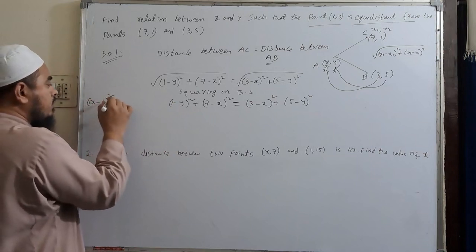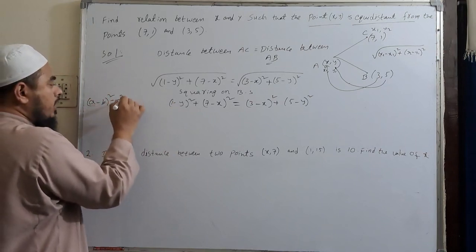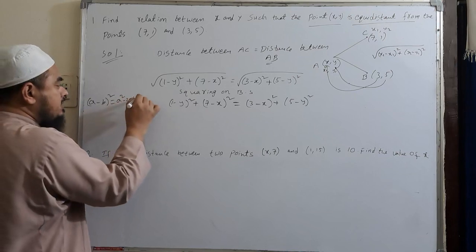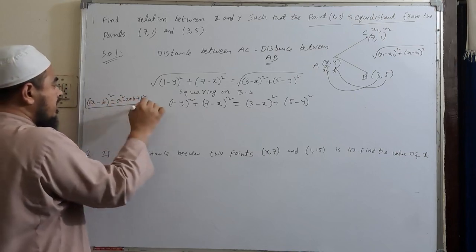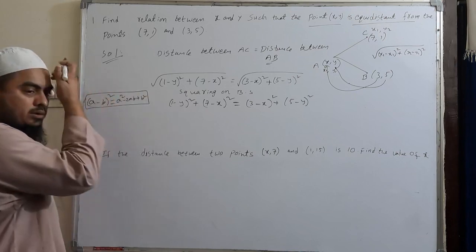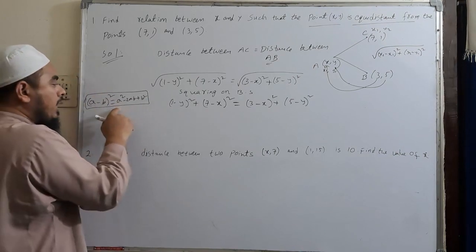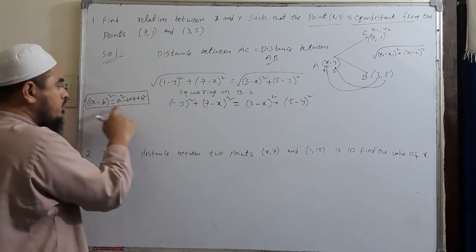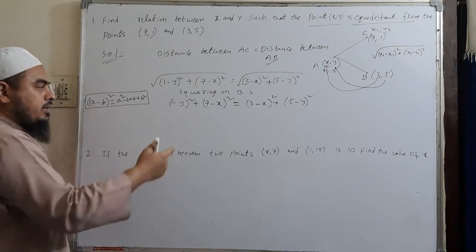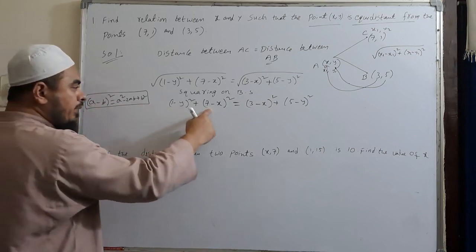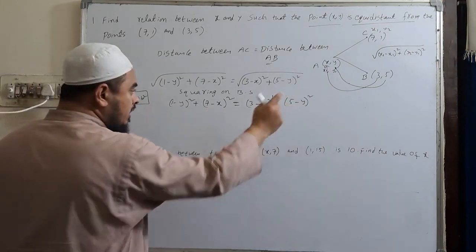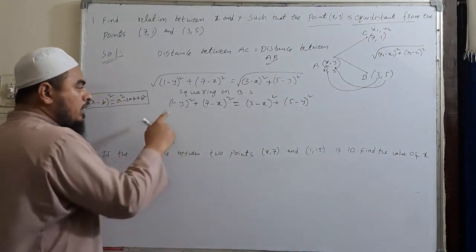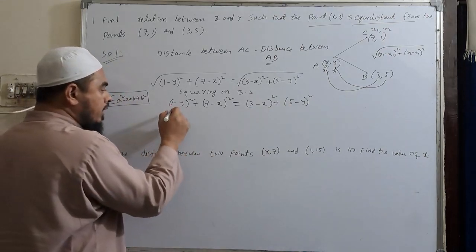(a minus b) whole square is nothing but a square minus 2ab plus b square. In some problems you get (a plus b) whole square, so there you have to write a square plus 2ab plus b square. Here we have a minus b, so (a minus b) whole square in all. So we write 1 square